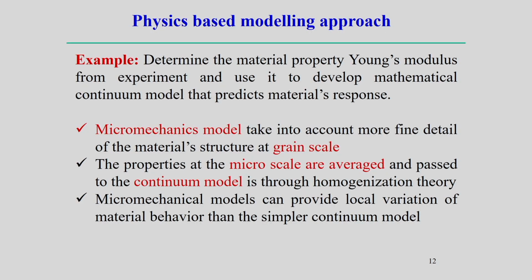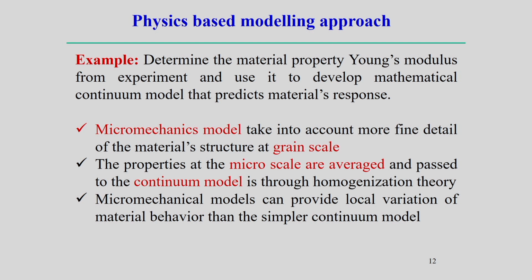Now, micromechanics models take into account more detail about the material structure at the grain scale. Definitely what we can measure at the macro scale, with universal tensile testing, we can define different parameters, but that may not be able to explain what is happening at the micro scale. So, if we are able to track the micromechanical behavior at the micro scale, the behavior of the grains, how they are interacting, how they are growing, whether there is nucleation, all these phenomena of the grain scale structure, and then make the average properties, that is the representation of the material response at the next scale, maybe the continuum scale.